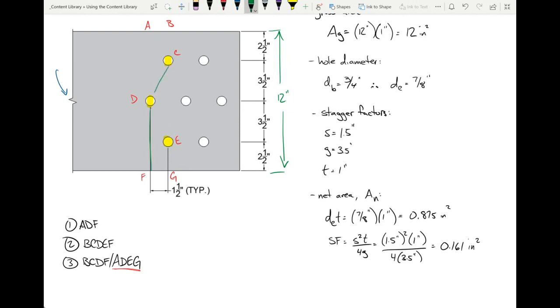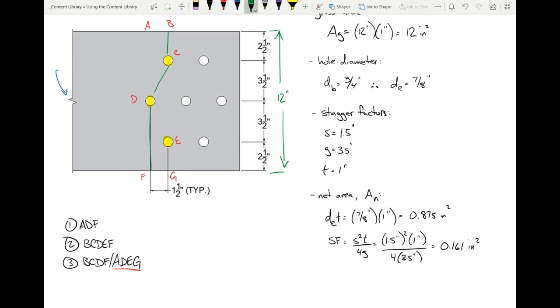Why not ACDF? But think about the physics of it. The only reason that we'd ever encounter a diagonal failure path is if it was between bolt holes. Like if you're ripping this thing in half, why wouldn't it just fracture perpendicularly? You see what I mean? And think, even if you did account for ACDF,